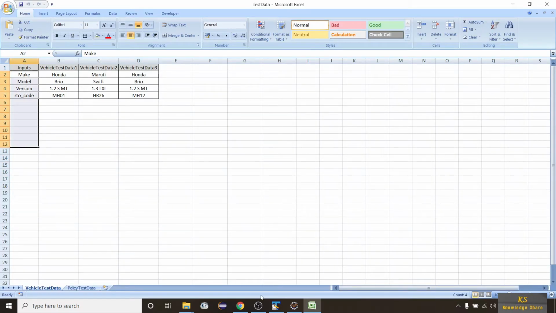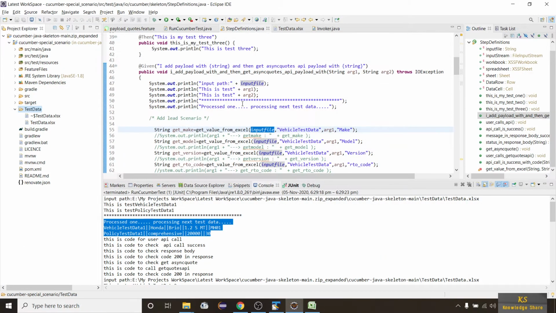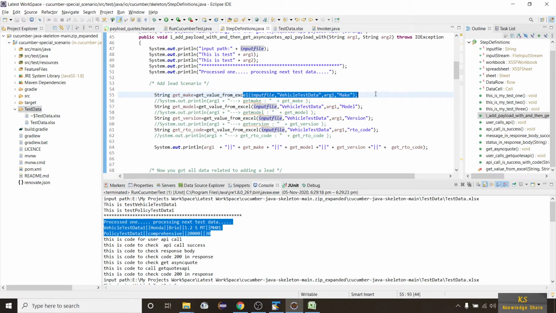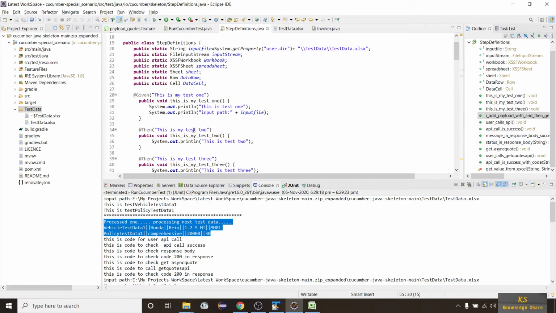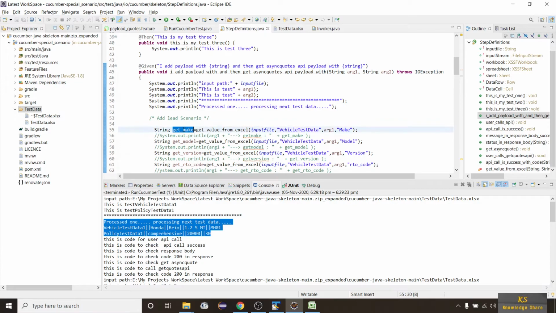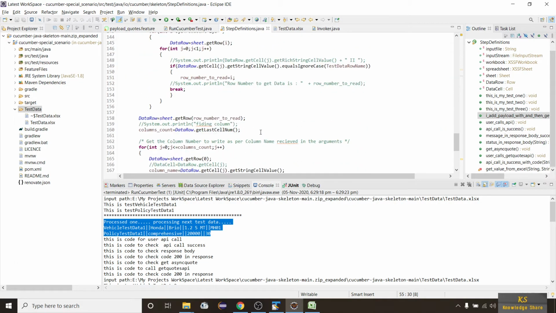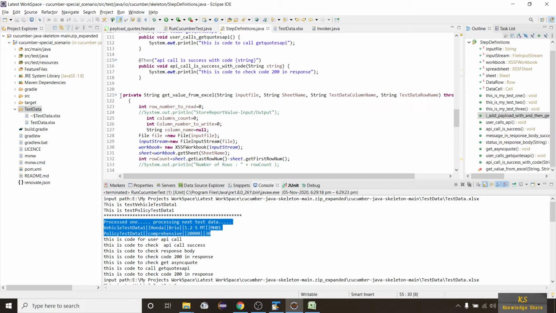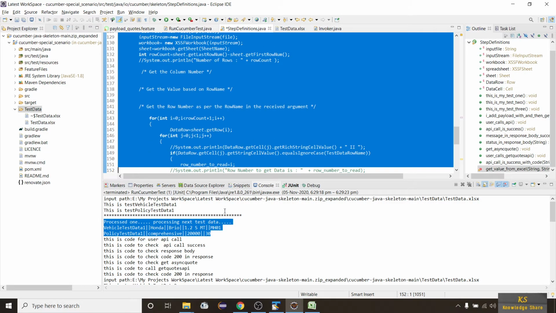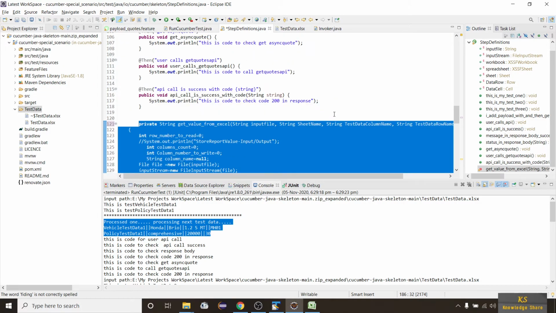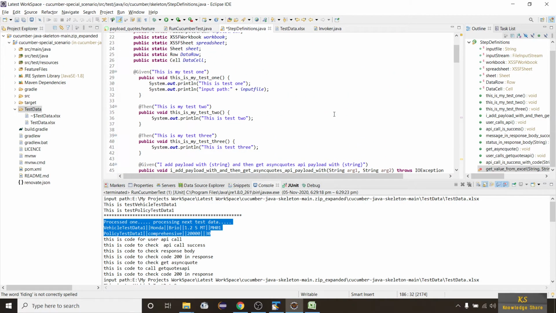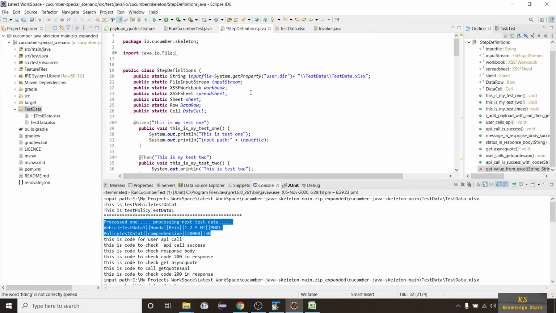You can create more rows, and you can simply call them by looking at this example, and your data will be stored in separate strings. I suggest you put the public static string outside and then store this value, because you might need it throughout the program. And one more request is to copy and paste this function somewhere in your reusable methods or utilities, so that it is separated from the actual step definition.